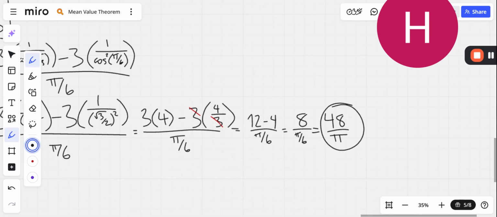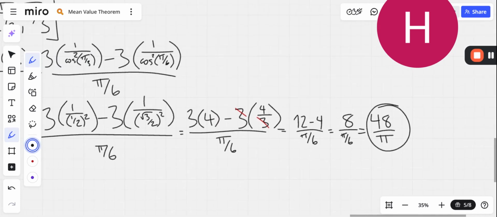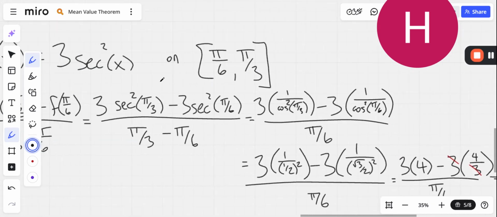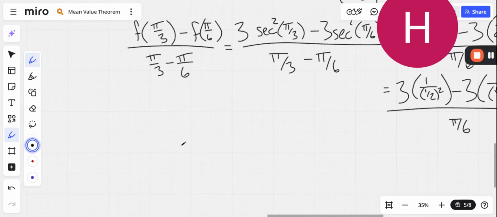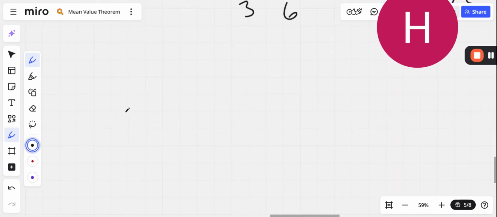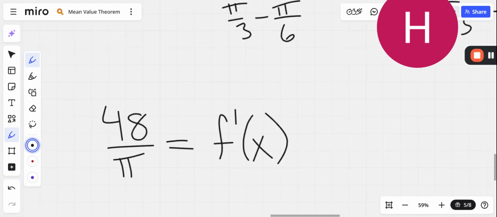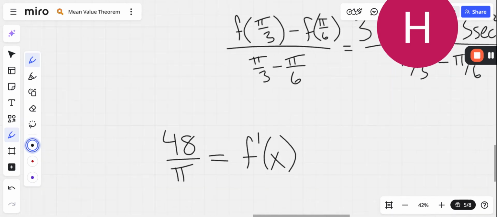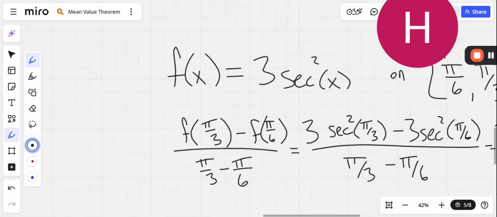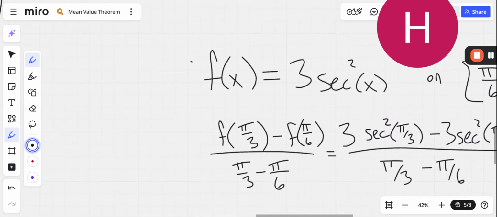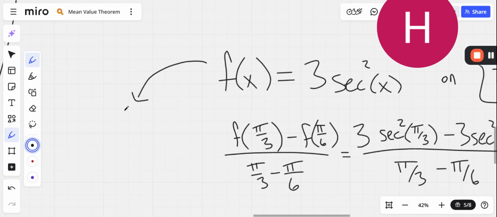48 over pi. Okay, now that is the average slope between these 2 points on this graph. We need to find the derivative and set it equal to 48 over pi. And I can tell you now, this is not going to be done without a calculator. I'm going to require a calculator here at some point. 48 over pi equals f prime. Well, what is f prime? F prime